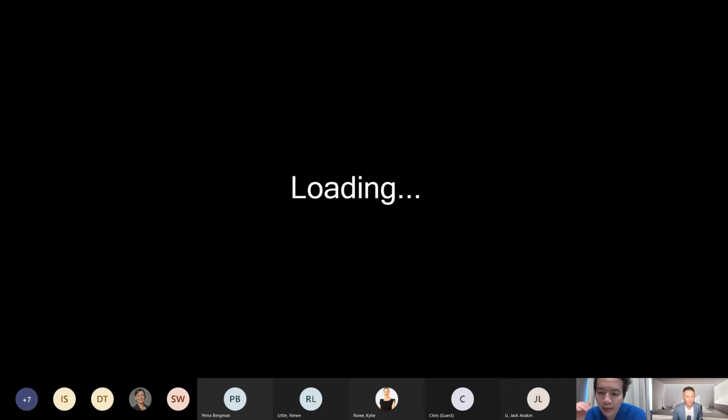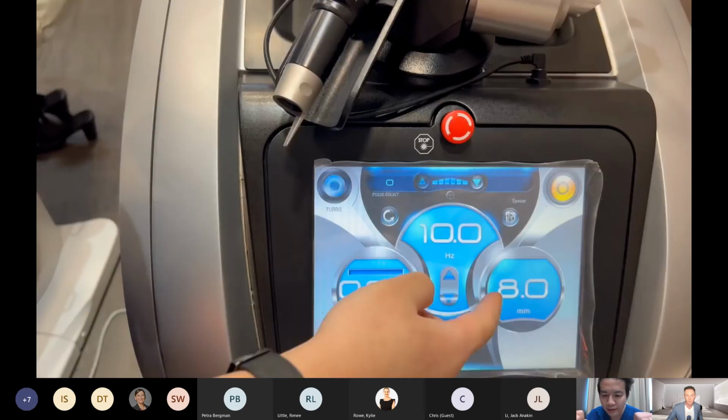So the great thing about Picosure Pro, it can go stronger, but it can also go lighter. So we get so much flexibility and customization. So it's really a fun tool for a very experienced laser doctor or just a very experienced physician where you like to not mess around, but you like to just experiment with settings. And you're able to adjust your theory of